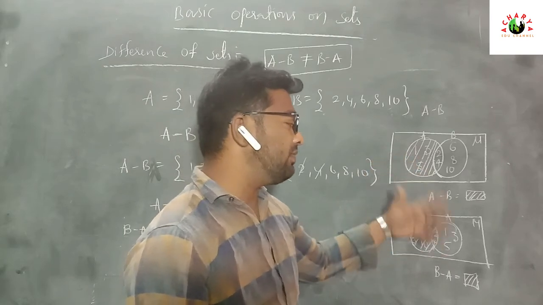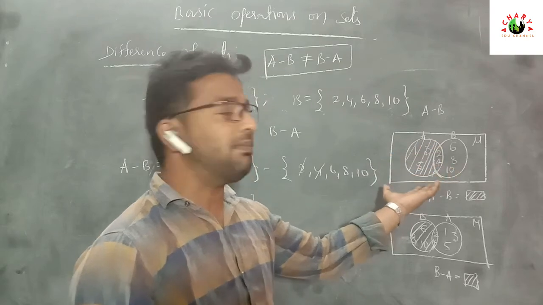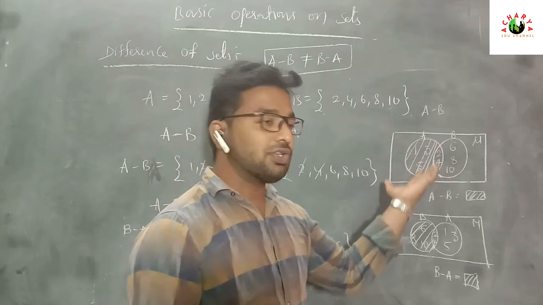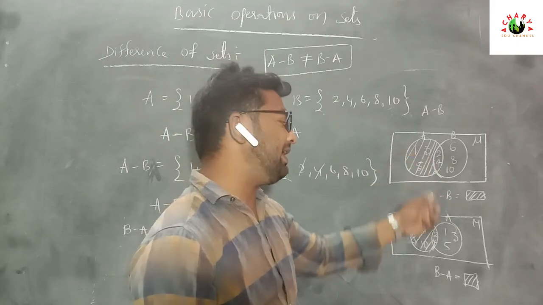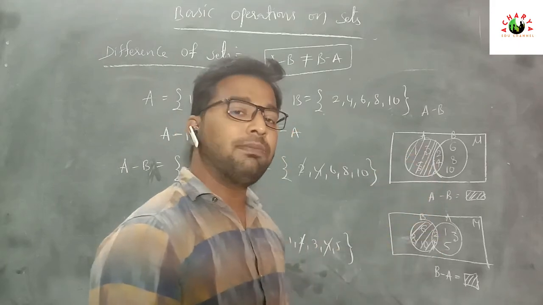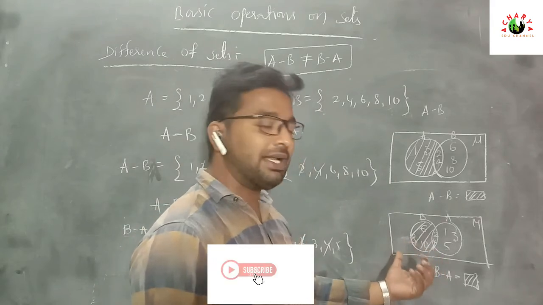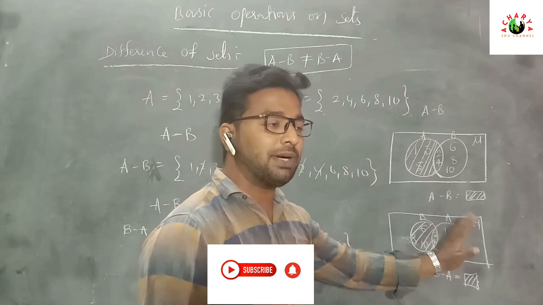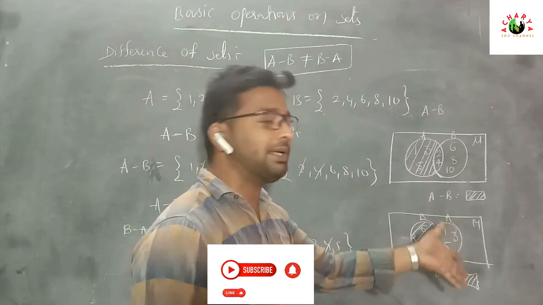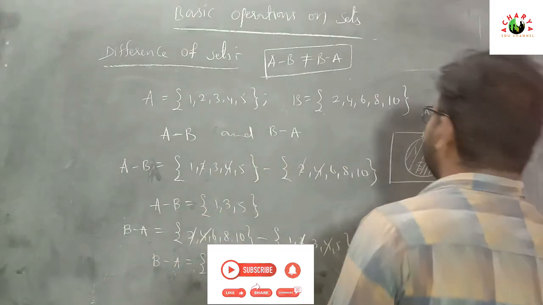So the difference between the A minus B and B minus A Venn diagrams is like this. While doing A minus B, we shade the remaining elements of A; here, we shade the remaining elements of B. When drawing the Venn diagram for B minus A, we can take B and A, but when shading, we shade B. That one is also correct. Can I show that one? See here.